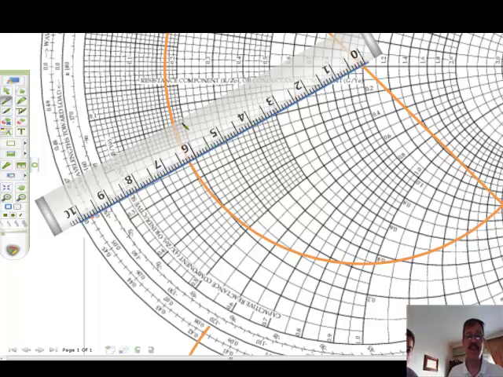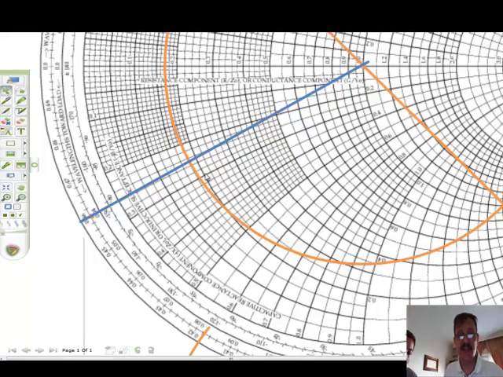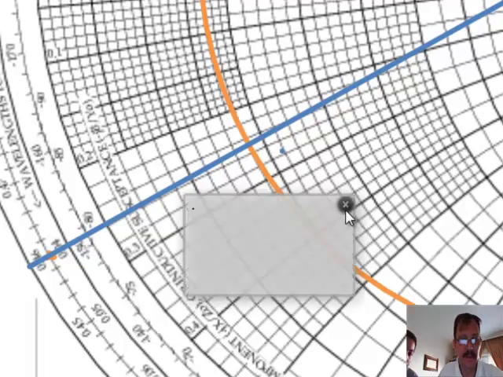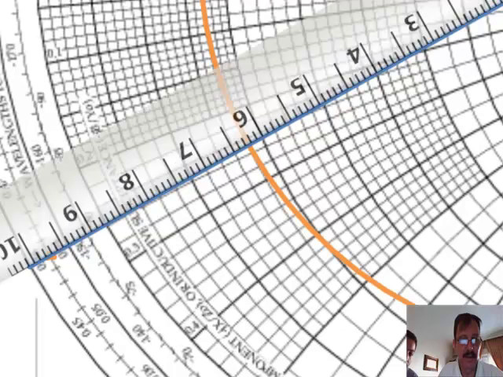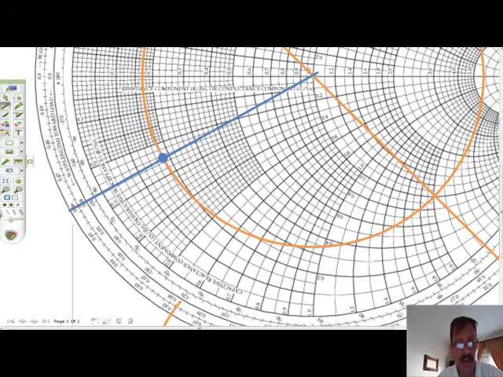And the important thing here is to remove the ruler, please, and then find the intersection between the line and the circle that represents ZL. All right. And now we read the value of the real part and the imaginary part. We can see it's around